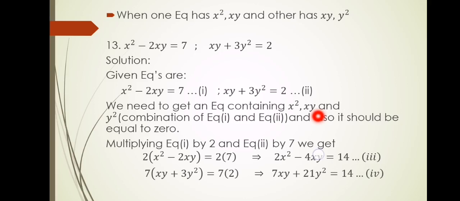So to solve such equations, when we have x square and xy in one equation and xy and y square in another equation, the first thing we are supposed to do is to make the right hand side equal to 0, and for this we multiply both the equations by a suitable number so that we may get the same terms, and after subtracting the equations we may get the right hand side as equal to 0. So subtracting equation 4 from equation 3,